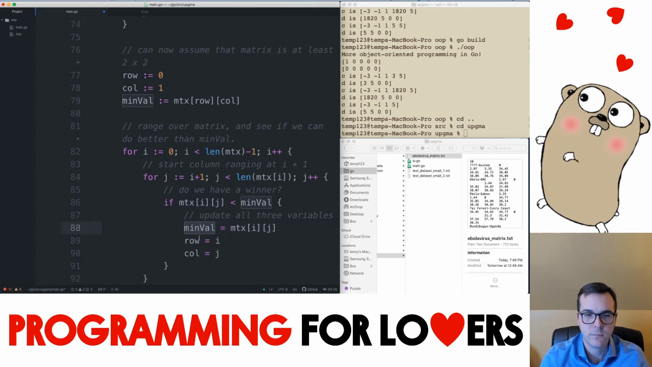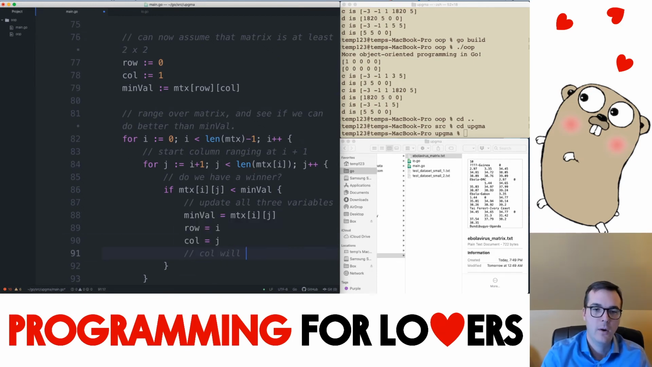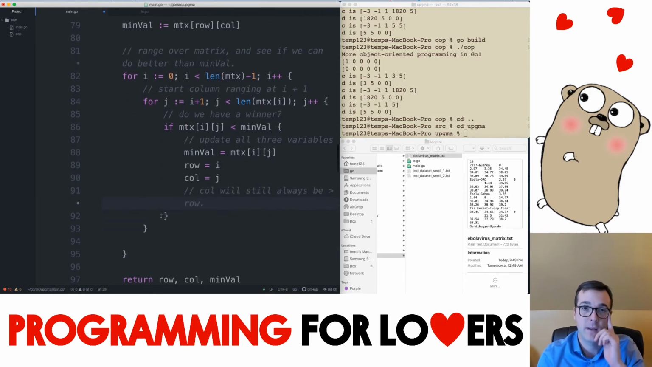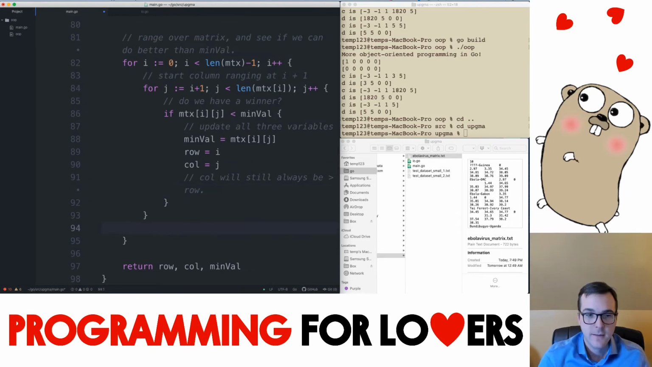Note that because j starts at i plus 1, and goes up to the length of matrix of i, it's always going to be bigger than i. It starts at i plus 1 and it only gets bigger. So for that reason, col starts off bigger than row. Col, if it gets updated, will always be bigger than row. And so that's it. We've done this ranging, and at the bottom we'll return our best row found, best column,